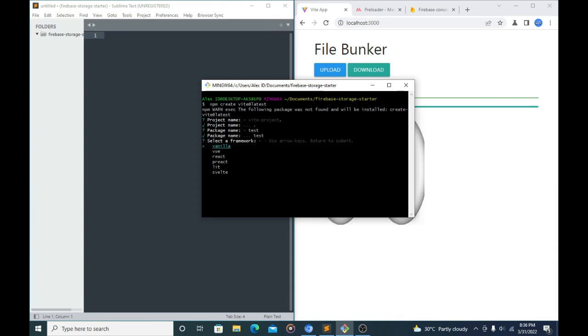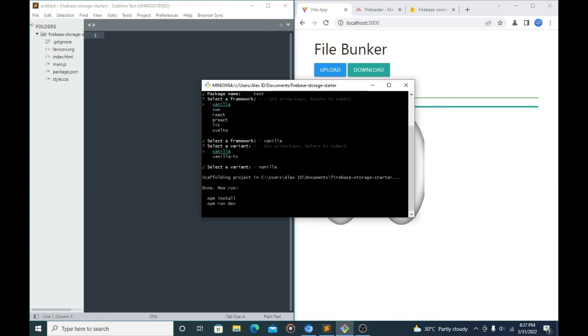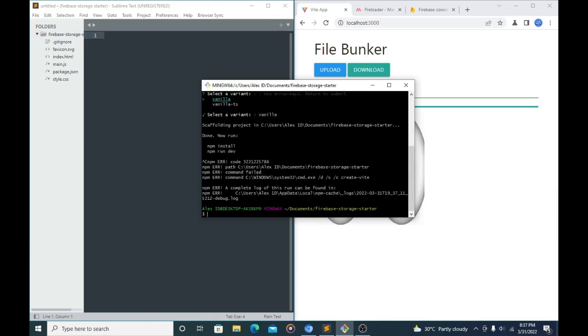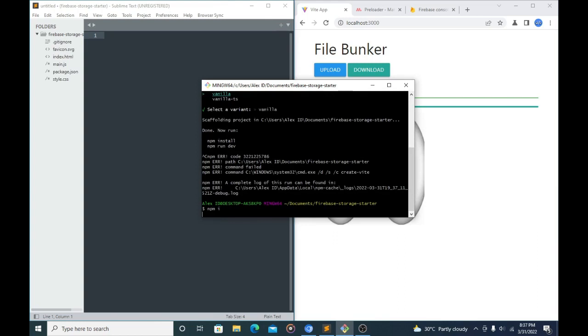Then it's going to tell us to pick a framework. You can use whatever framework you want, but we're going to be using vanilla JavaScript. So we're going to click vanilla. We're not using TypeScript, and everything has already been entered, as you can see here. So what we just have to do to get this up and running is write npm i to install